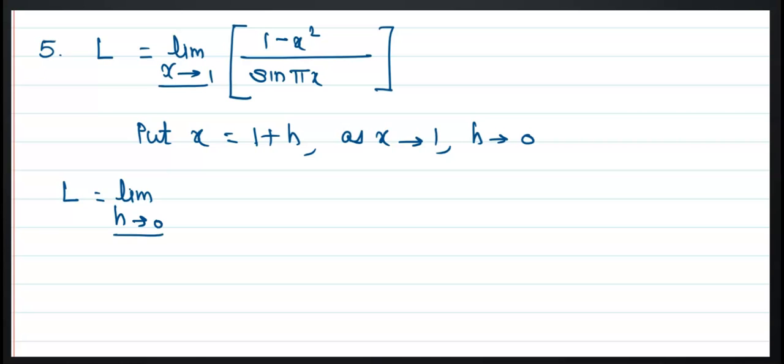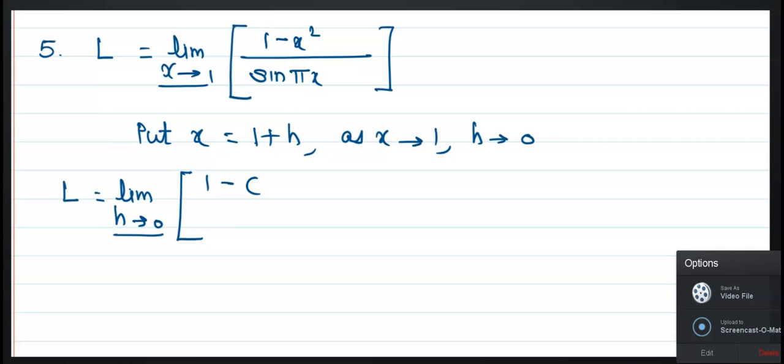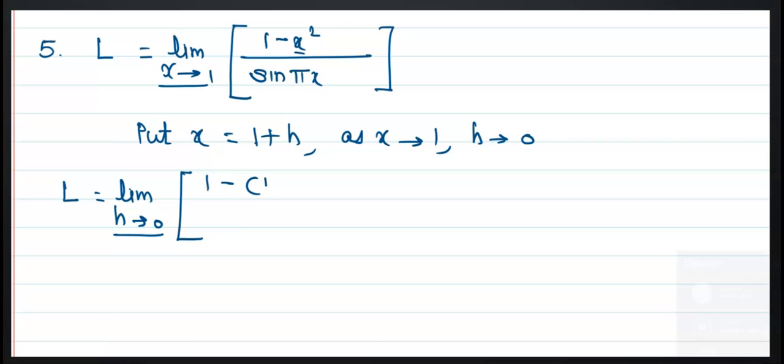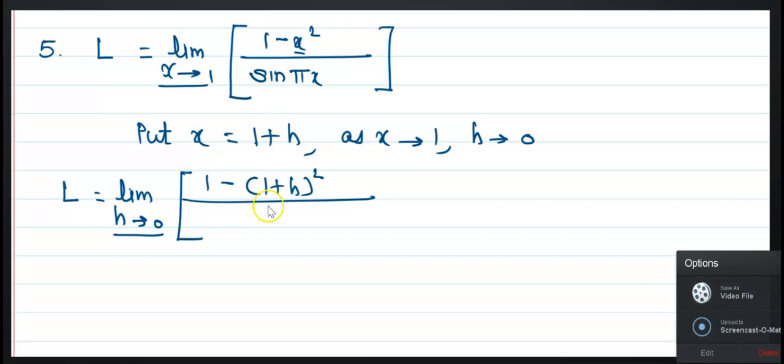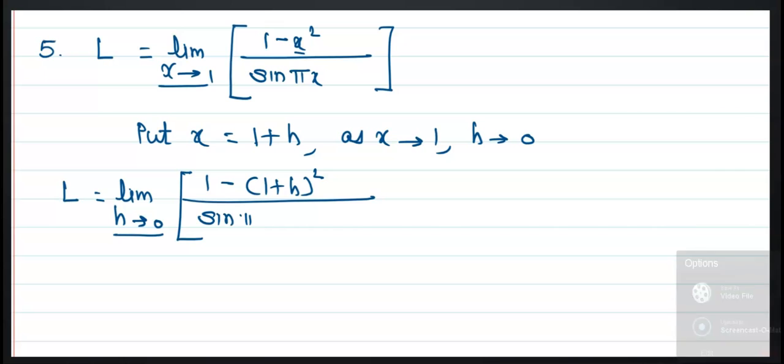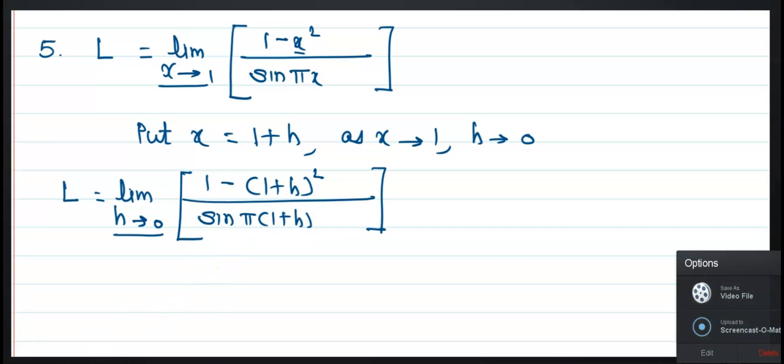Therefore limit h tends to 0. Now see this, x tends to... h tends to 0. So first replace x by h. 1 minus x, the value of x is 1 plus h, bracket square, upon sine pi in bracket 1 plus h. Now multiplied with,